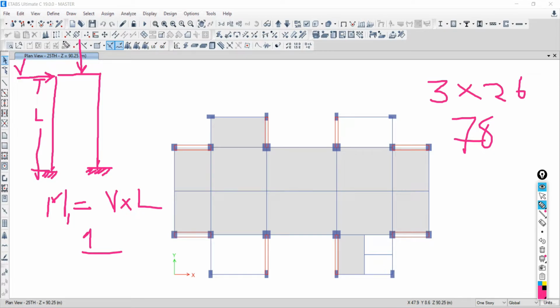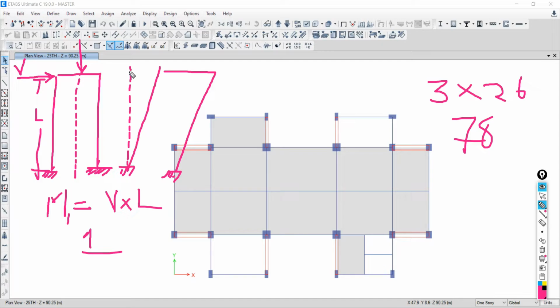What is the secondary effect? Under the application of the load, what will happen? See, it is going to be deformed like this. Am I right or wrong? Yes, sir. It will be deformed like this, and its original position is this one. So your structure is going to be deformed by this amount, this value, that is called big delta, because it is the structural result under the application of the lateral load.